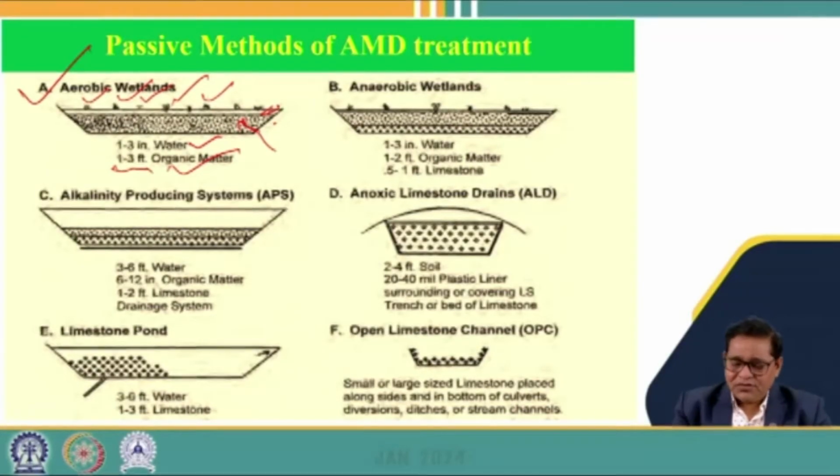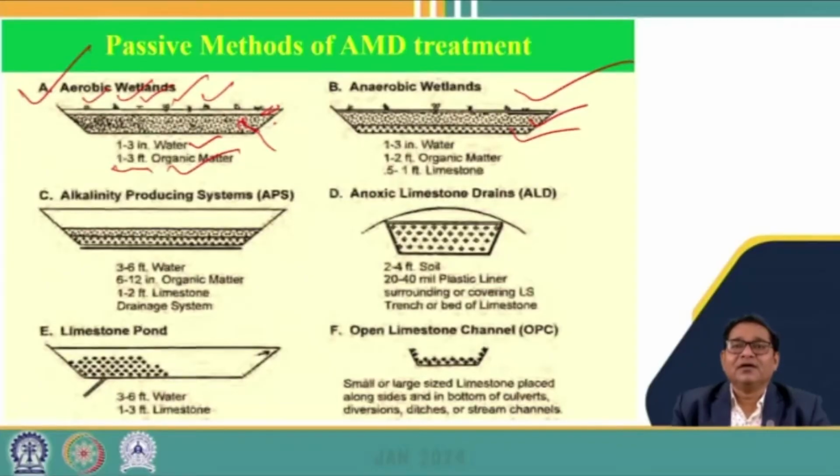Similarly there is the anaerobic wetland system. This is a comparatively deeper wetland system. Here again there is a layer of organic matter, then there is limestone filled at the bottom so as to create anaerobicity and neutralization in the bed, and then over this the water layer is there, and then there are the plants or the species which are planted over the surface to remove these heavy